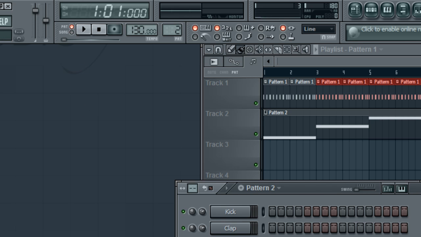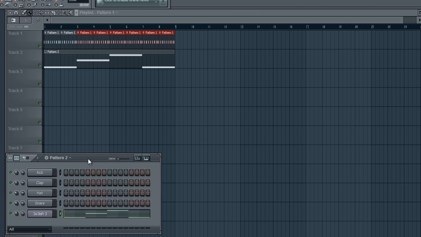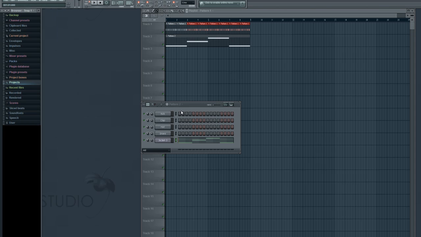These are the basic differences between the two modes. Pattern mode is to create patterns, and song mode is to create a full song in your playlist. In your playlist, you can create as many instances of as many patterns as you would like. This will allow you to create a very dynamic, very powerful and complex song. I'm going to show you an example of how complex a song can be by opening one of the projects